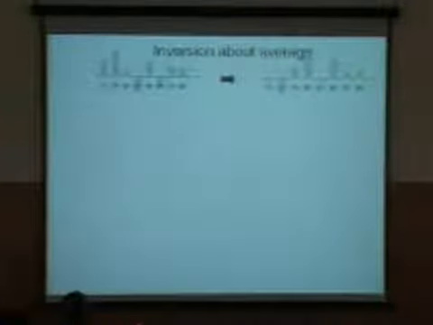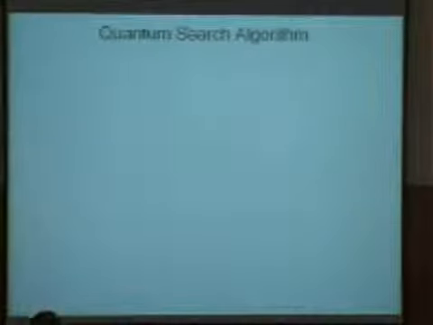And the inversion about average keeps the amplitudes which were at the average the same. Those which were below the average, like the 6, it brings them as much above the average as they were below the average to start out with. And the same goes for things that were above the average. So if you look at it, it seems to randomize the state completely. And this is something that can be implemented quantum mechanically. The quantum search algorithm is based on a combination of this inversion about average and selective inversion.